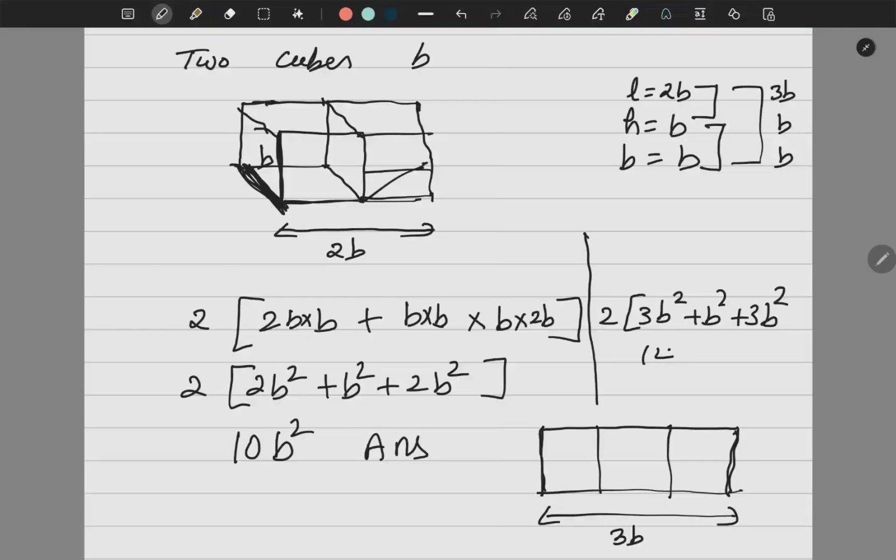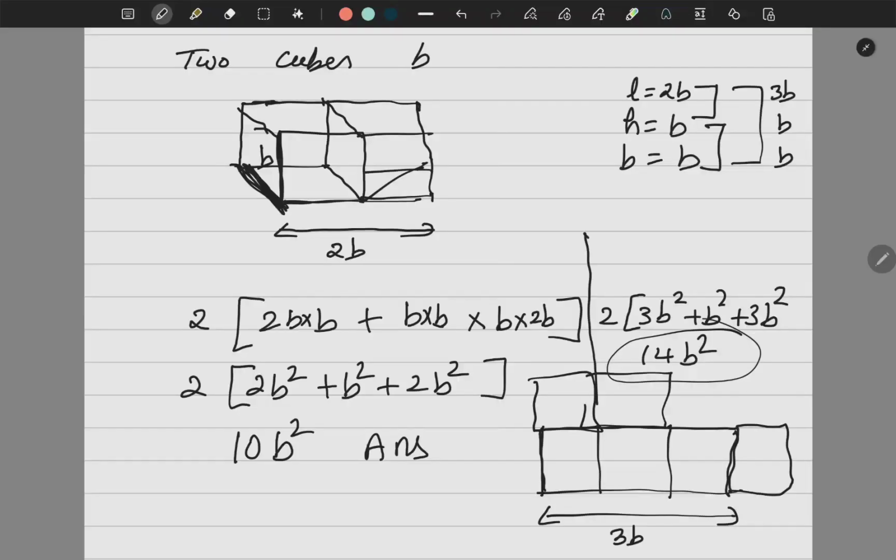7 to the 14b square will be the answer. So like this, if I make the questions, you can give the answer if you understand how the things are working. Okay, even if I put the fourth one, it will remain cuboid. It will never become a cube unless I am placing it here also. If I place like this and behind also, then only it will make the cube. Otherwise, it will be cuboid only.